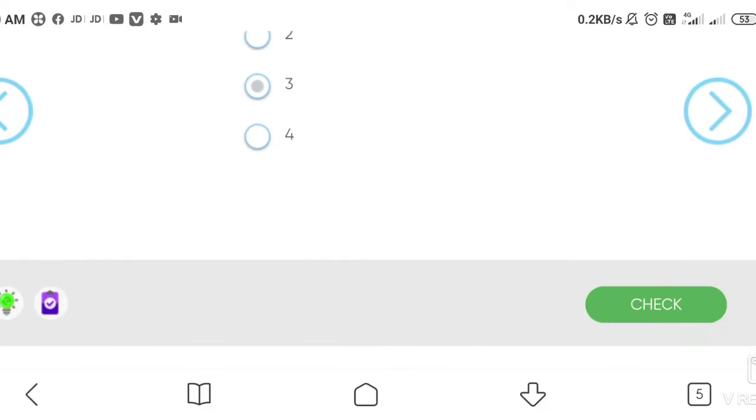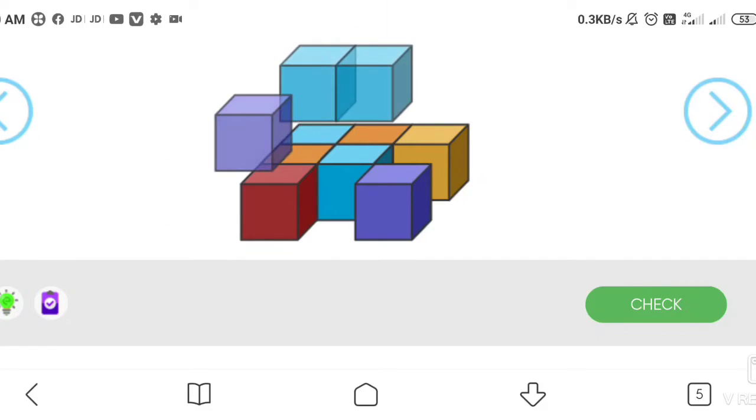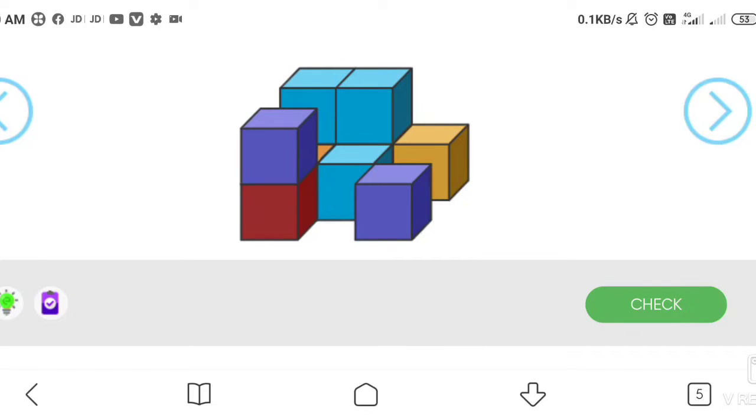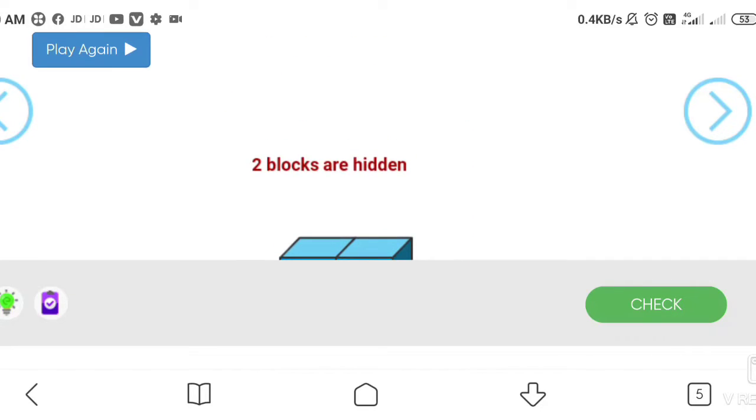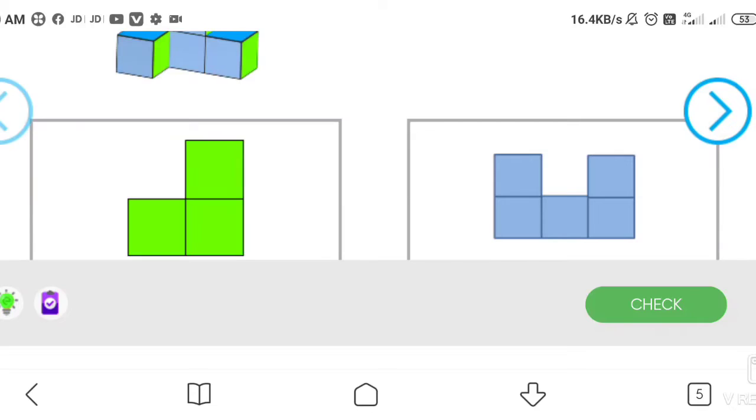Okay, now I have to write my answer. Now the solution is, see, this is a shape of that figure and which one is hidden. See, arrows are given, that means how many are there? Yes, 2 blocks are hidden. So option 2 is correct. Understand?